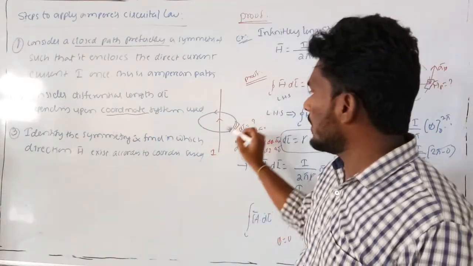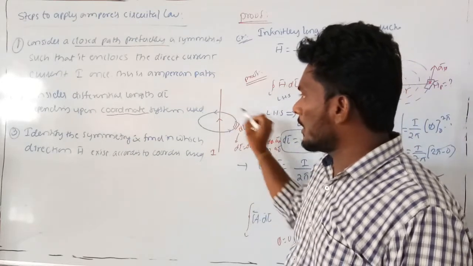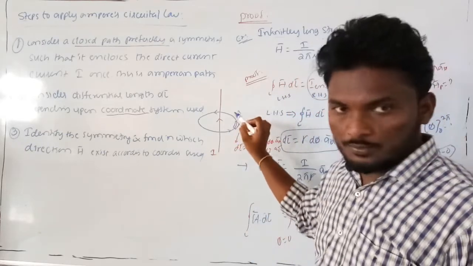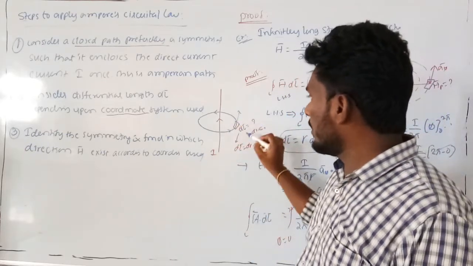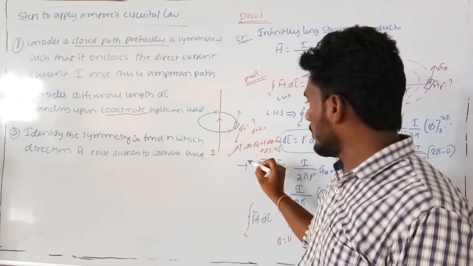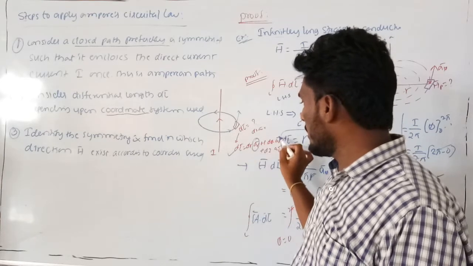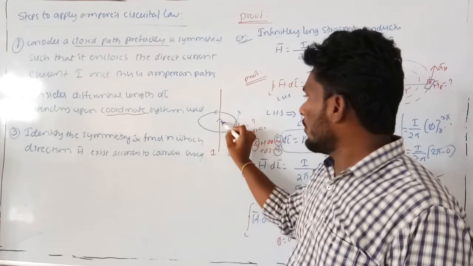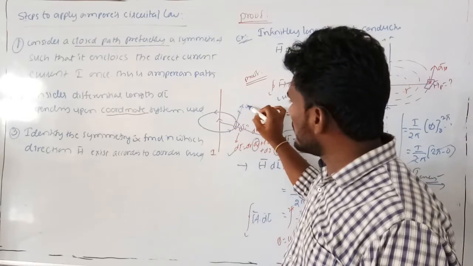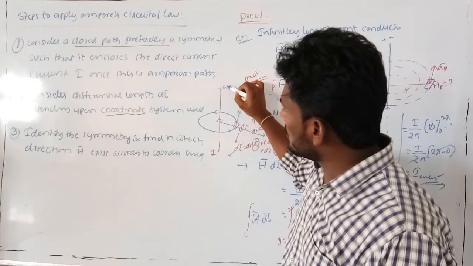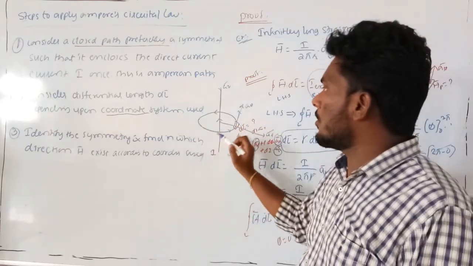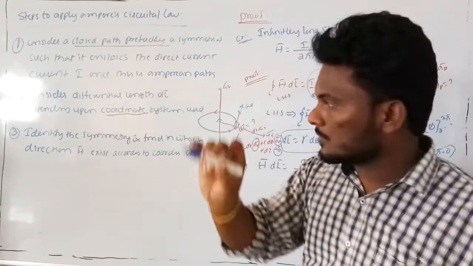Suppose for this closed path, as it is a straight conductor, the direction of H bar is in this direction. That means for this configuration, H bar is in the phi direction if you consider the cylindrical coordinate system. In the cylindrical coordinate system, there are unit vectors a rho bar, a phi bar and a z bar. A rho bar is in this direction, a phi bar is in this direction and a z bar is in this direction. So the preferable coordinate system for this long straight conductor is the cylindrical coordinate system for step number 2.